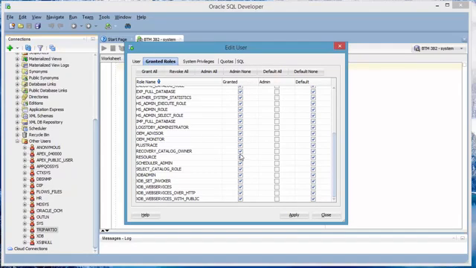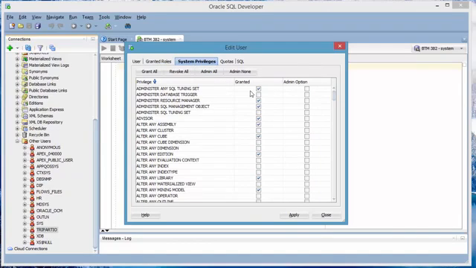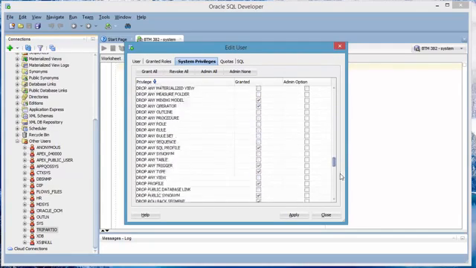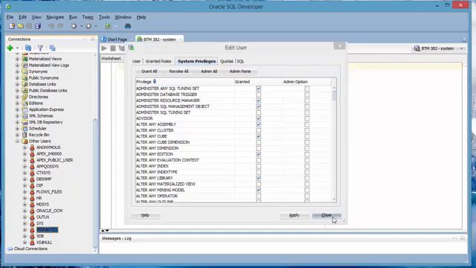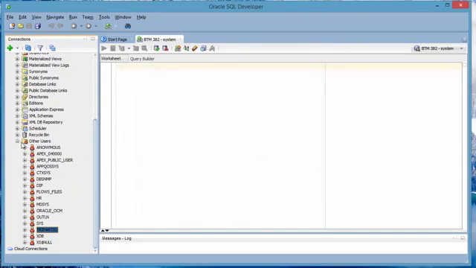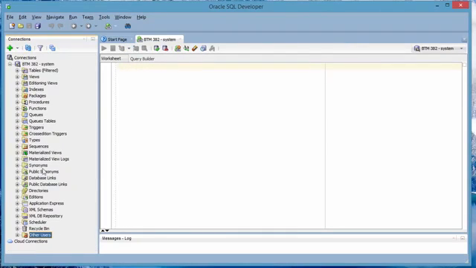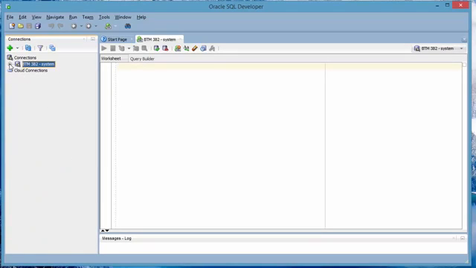Don't worry about admin roles, just the granted column is fine, default is fine. Go to System Privileges, and some of them are granted, others are not. For the basic things that I need to do, it's fine. Having some granted is fine, others I don't worry about. Okay, so now I've created this user, and then I can collapse all of these to remove all